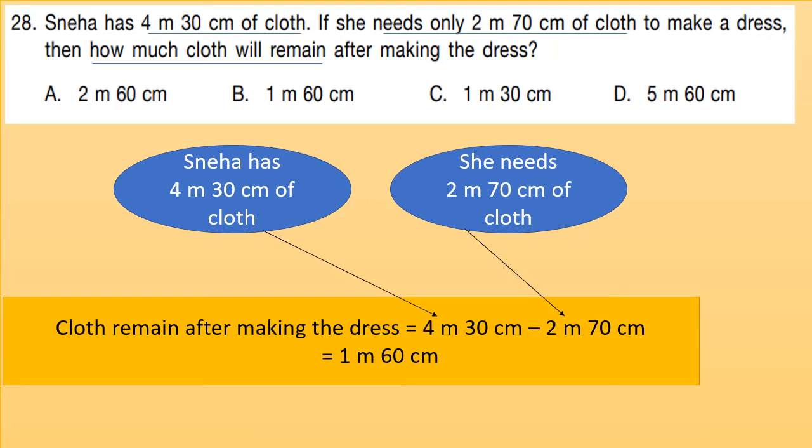Question 28. Sneha has 4 meter 30 centimeter of cloth. If she needs only 2 meter 70 centimeter of cloth to make a dress, then how much cloth will remain after making the dress? Now Sneha has 4 meters 30 centimeter of cloth and she needs 2 meters 70 centimeter of cloth. So cloth remaining after making the dress will be 4 meter 30 centimeter minus 2 meter 70 centimeter, which is equal to 1 meter 60